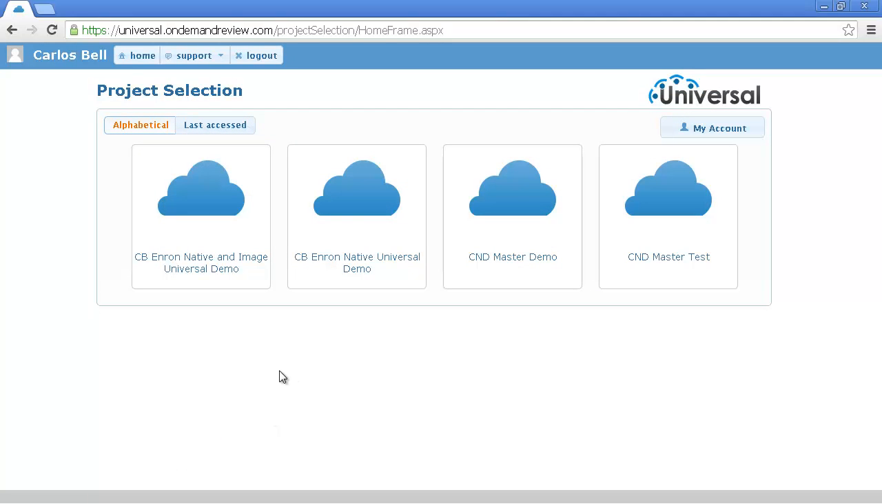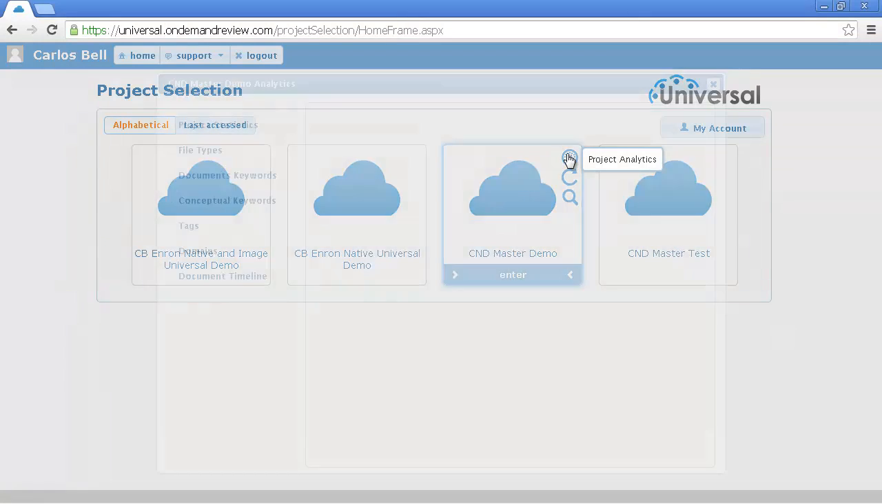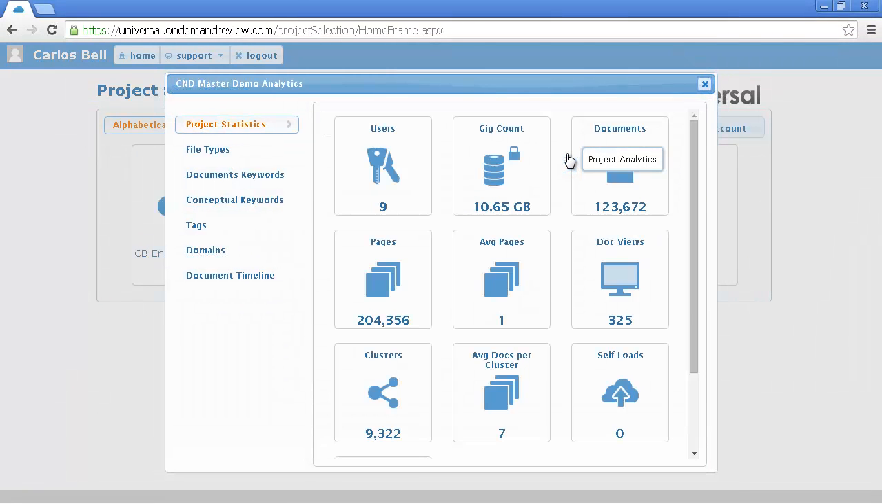For every project you're enrolled in, you'll see a tile to access it here. Each project and its data is siloed off from all the others, so when I hover my mouse over any of these, I see more options appear along the top right-hand side, such as Project Analytics on this one here. If I click Project Analytics, I can see more high-level information about this project without having to go into it,